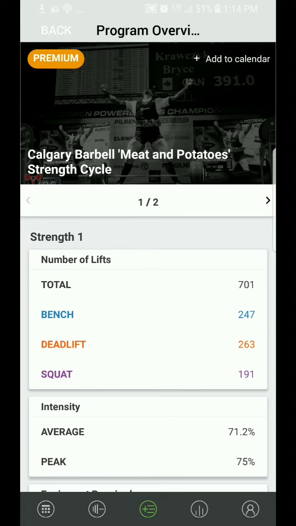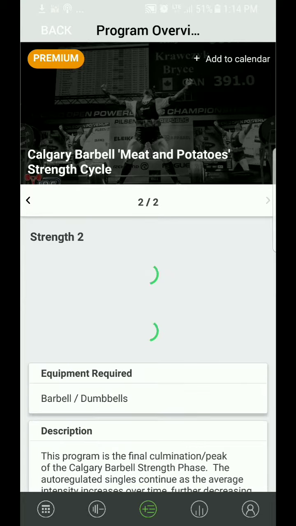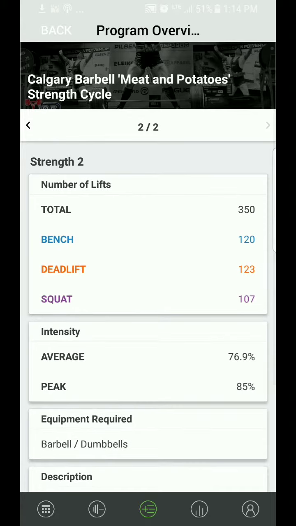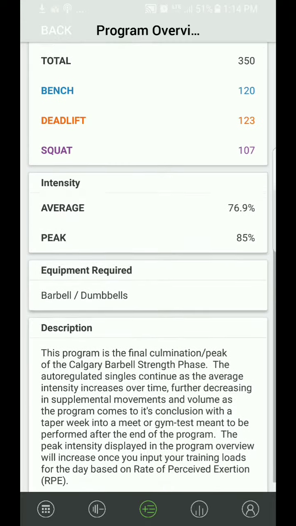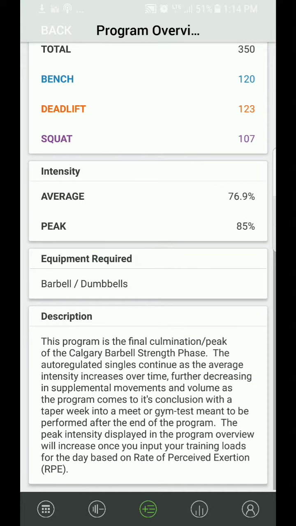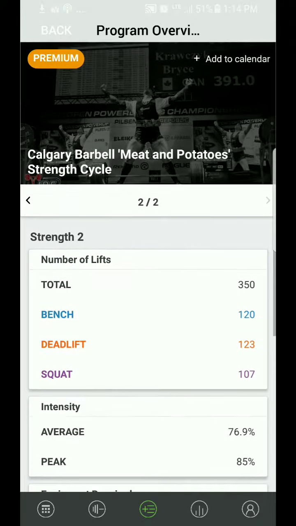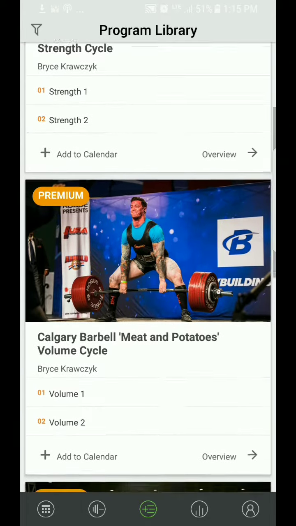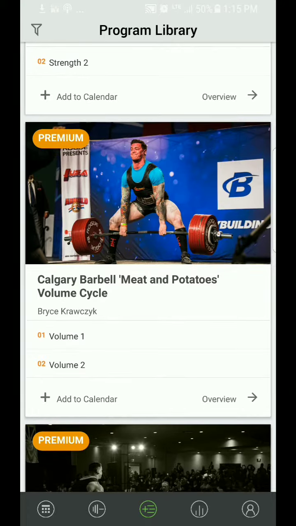And you can also use these arrows at the top here to cycle through the different phases of training. So now these are the metrics for that Strength 2 4-week block of training, and you can read more about the description of that program. So there you go. Take a little bit of time to go through the program library, use the various filters, look at the overview pages, and there will be a program that will be